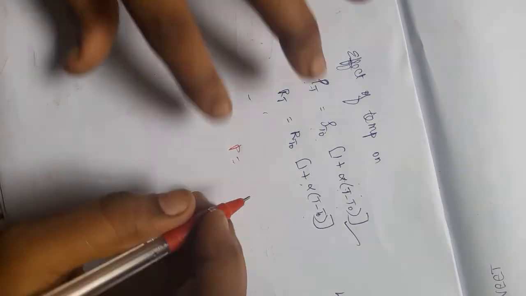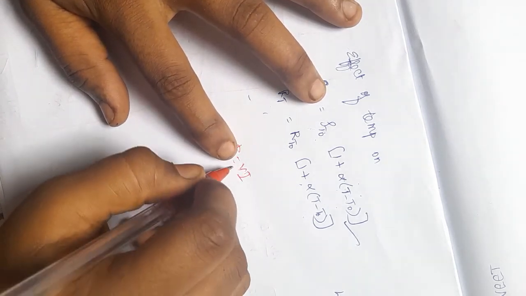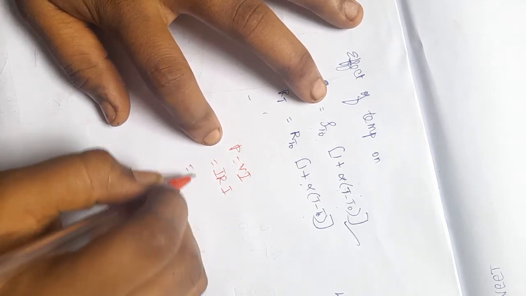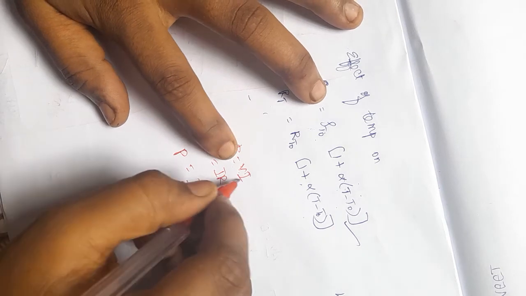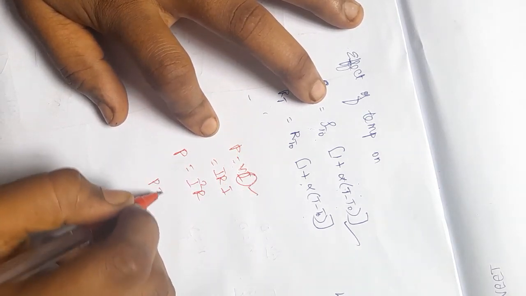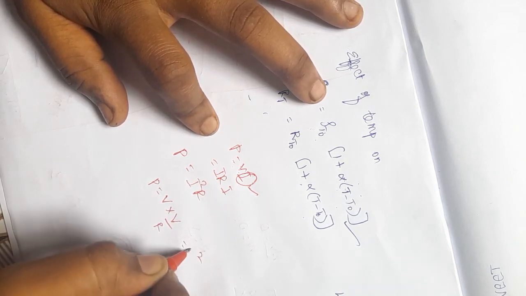And next we will see the formula for power, that is V into I. Instead of using V, we are using IR, and this is I, so this is going to be I square R. And if you want this formula in terms of voltage, then you have to replace this I with V by R. So this is V into V by R, so this is V square by R.